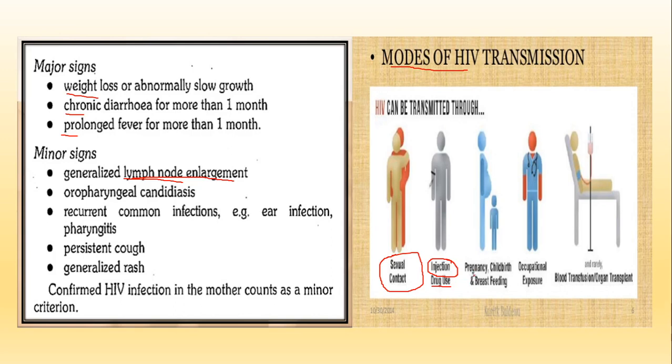Then a small child may be infected through an infected pregnant mother. If the mother has AIDS, she is likely to pass it on to her child who is developing inside her body. Then occupational exposure is always there. Doctors and nurses, if they come in contact with an AIDS patient, and somehow come in contact with the body fluid of that infected person, can also get it.